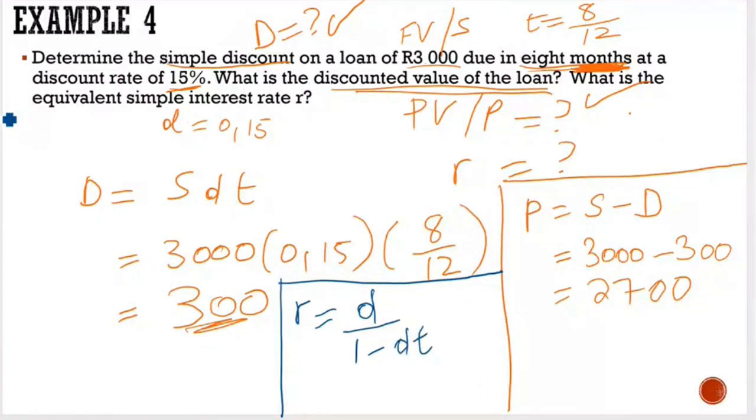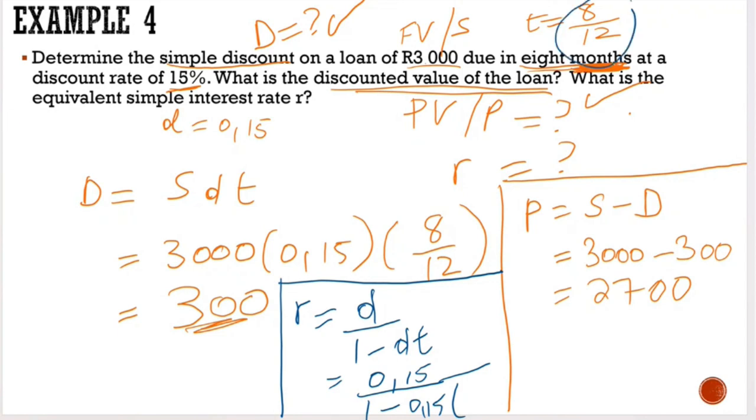Okay, and then you are looking for your R. What is your d? Your d is equal to 0.15 divided by 1 minus, what is your d? Your d is 0.15. And then the time here,